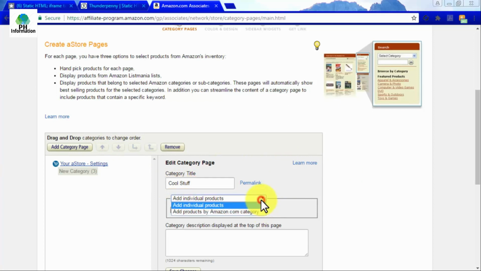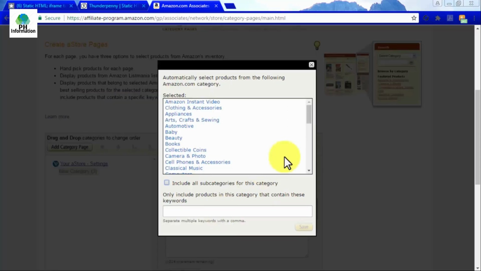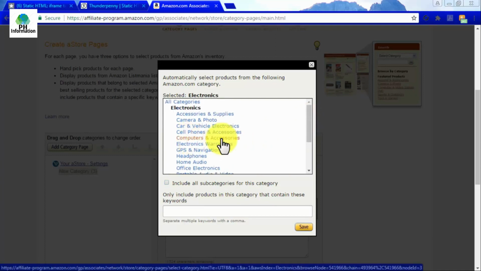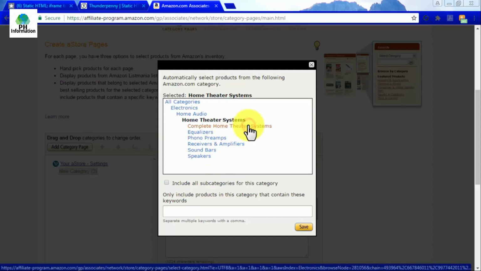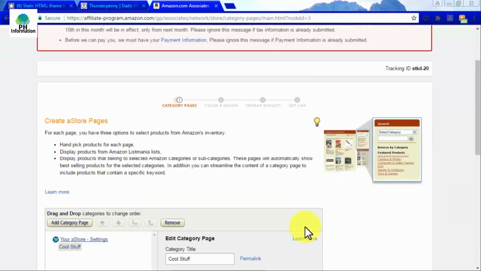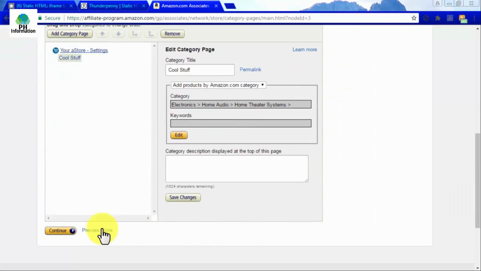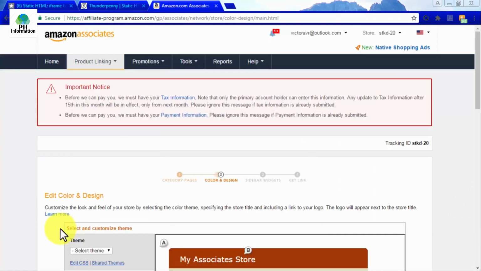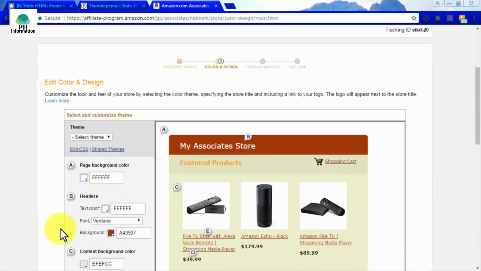You can add products to this category either by adding individual products or by adding products per Amazon.com category, which is the option that we recommend. Click on Continue when you finish setting up this step. Now you have to customize the presentation of your page. Here you can select your A store's theme,